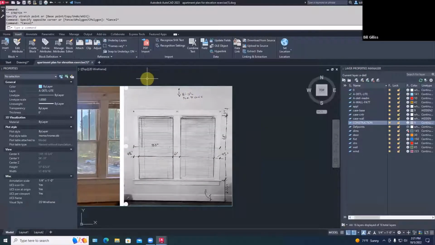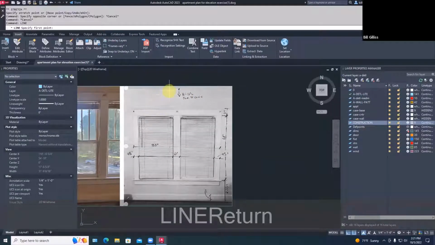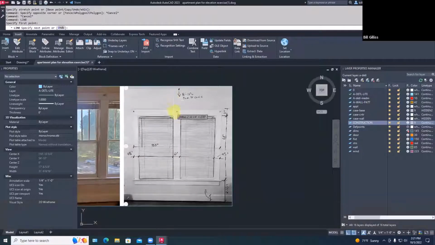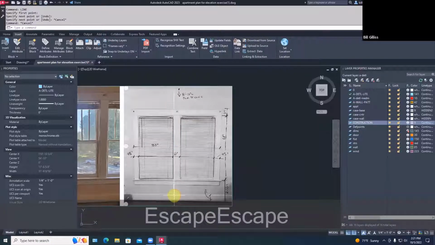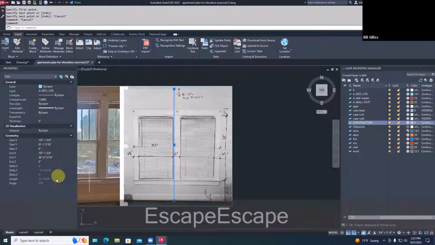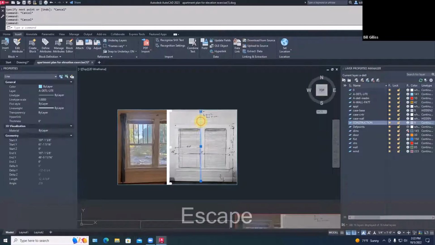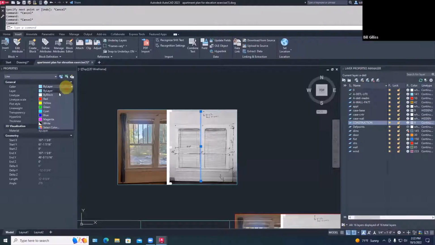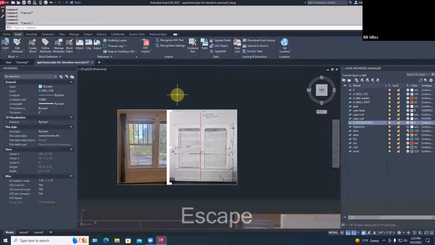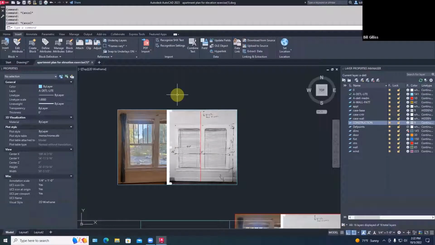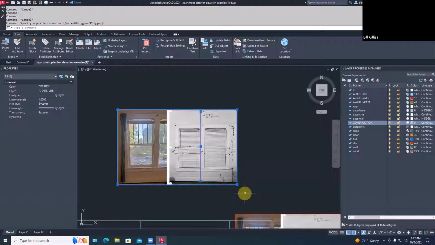So let me just draw a line from right here straight down to right here, floor to ceiling. So right now that's 12 feet or something. Let me change that to make it more visible. I would like that line and the photograph along with it to be 8'11½", just to get it right on the button. So what I'm going to do is pick both of them and pick